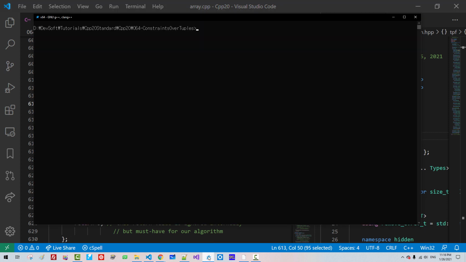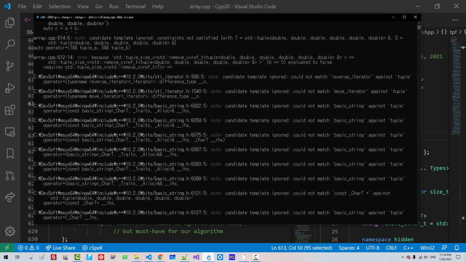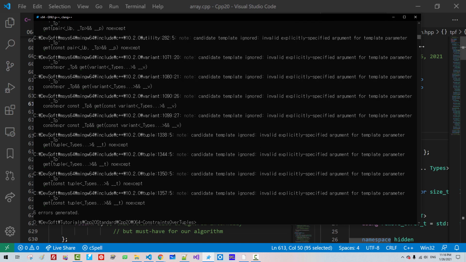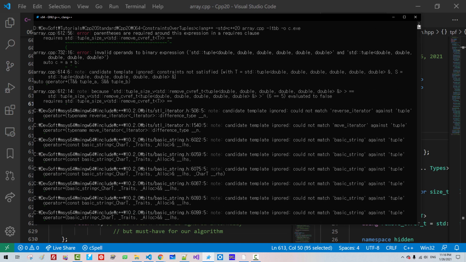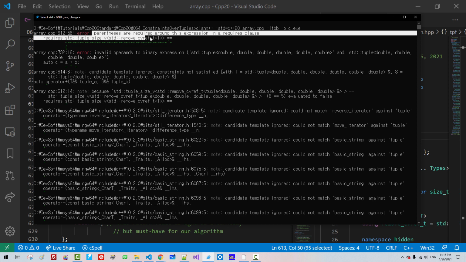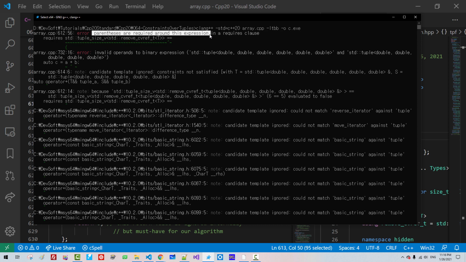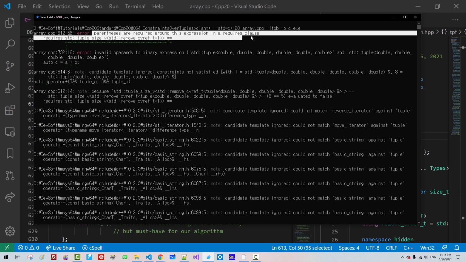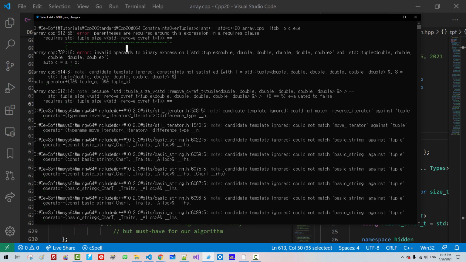Let's build once again. We rebuild. We still have a wrong error message. If we scroll up, std tuple_size, line 612, error: parentheses are required around this expression in a requires clause.